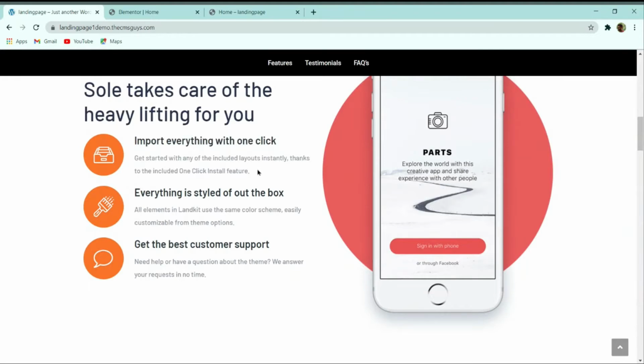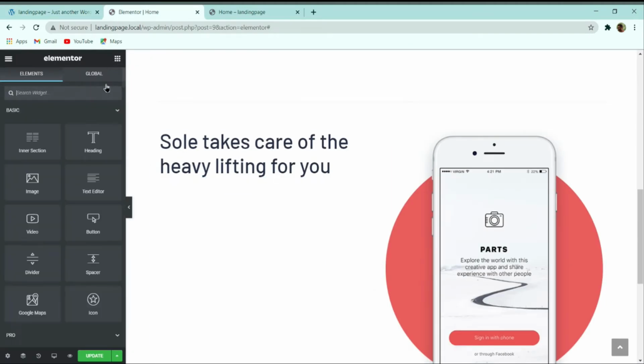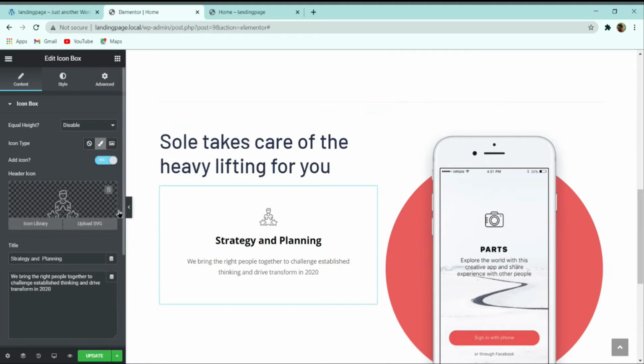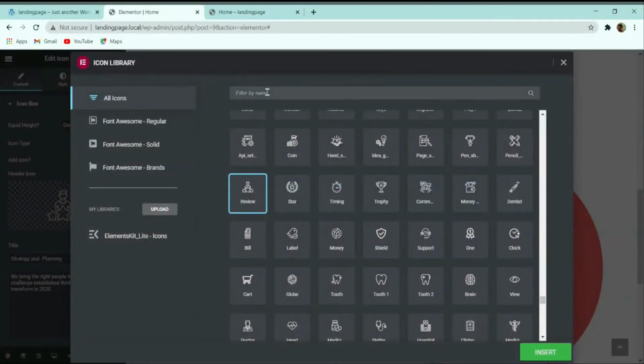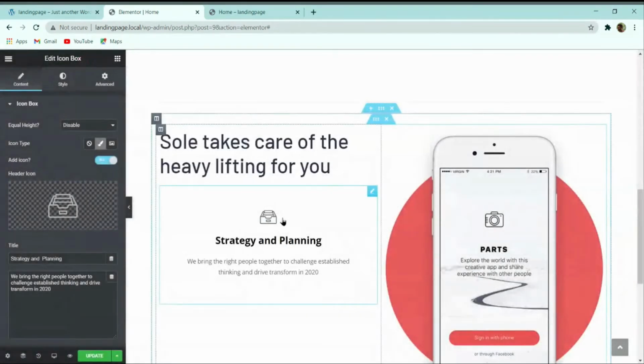After that we have to create this icon box, three icon boxes present over here. So now let's start creating the icon box. To add an icon box, again we will select this 9 dot, and here I will search for icon box, and you can see that there are two options. I am using the icon box by Elementskit. Simply drag this icon box by Elementskit to the left hand side, and then here header icon. You have to change the icon first. So let me search for inbox, and then you can see that the icon is used over here.